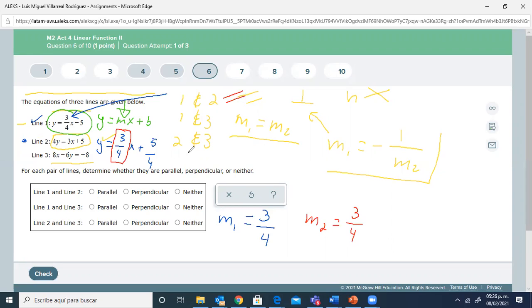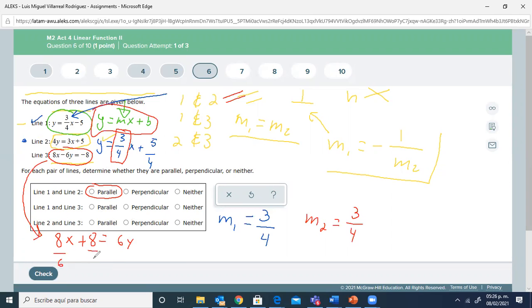I'm going to draw it like this, so you will mark this part here. Now for line 3, again, I need to put this equation into the y equals mx plus b form by leaving y alone. I'm going to place the -8 as a +8 on this side, and I'm going to place the 6y positive on this side, like I solve for y. So when I solve for y, I'm going to have